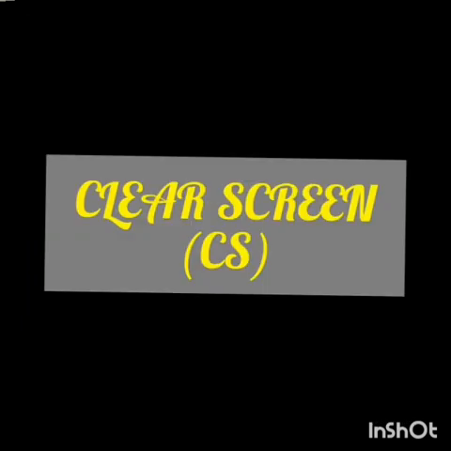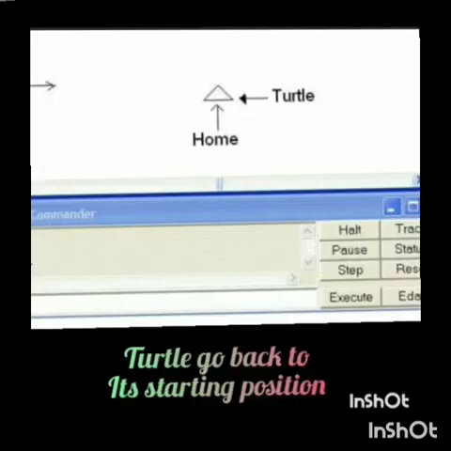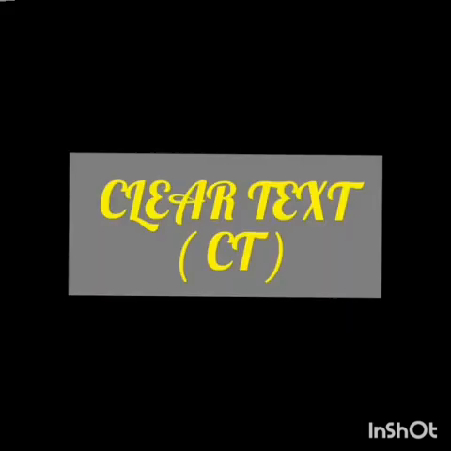Fifth command, clear screen. Its short form is CS. It is used for erasing the pictures before a new picture is drawn and brings the turtle back to the home position. Sixth command, home. It is used for making the turtle go back to its starting position, that is the center of the screen.